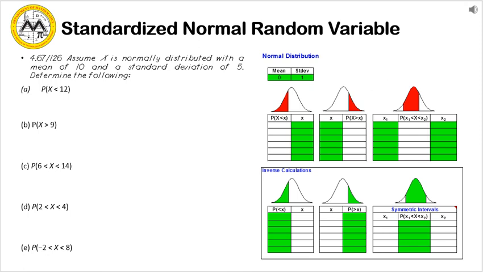Okay, so for this problem, we have to assume that x is normally distributed with a mean of 10 and standard deviation of 5. We're going to determine the following: the probability that x is less than 12, greater than 9, between 6 and 14, between 2 and 4, and between negative 2 and 8. So to solve this,